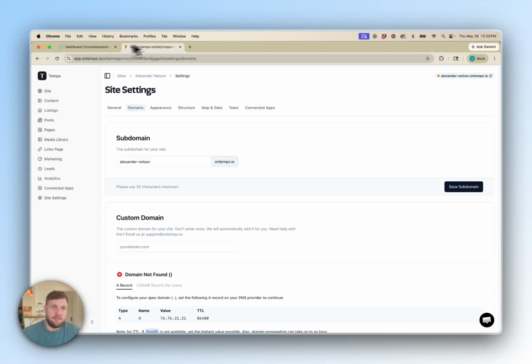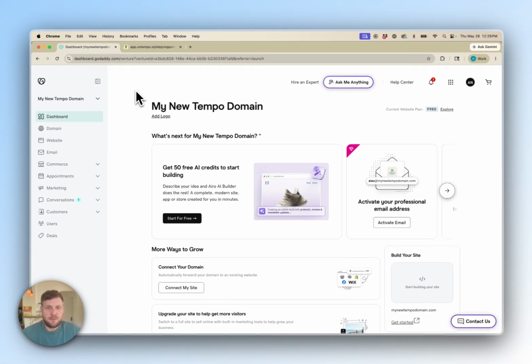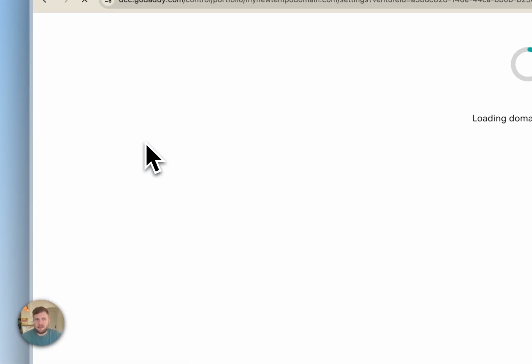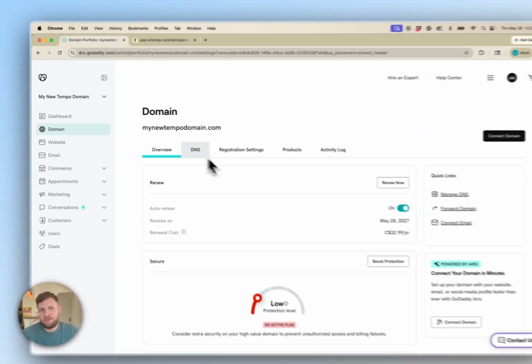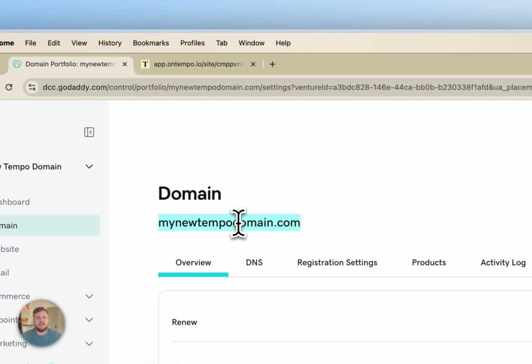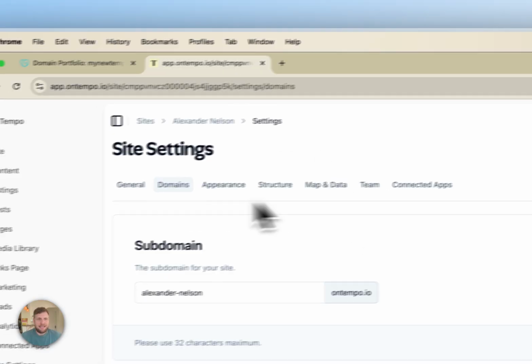In this case, I'm using GoDaddy to purchase my domain. You can use whatever registrar you prefer. You'll just need to be able to get to the DNS settings for that domain for this process. So the first thing I'm going to do is take my new domain and add it to